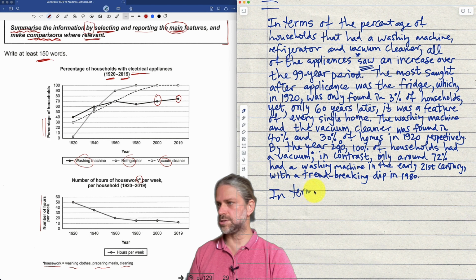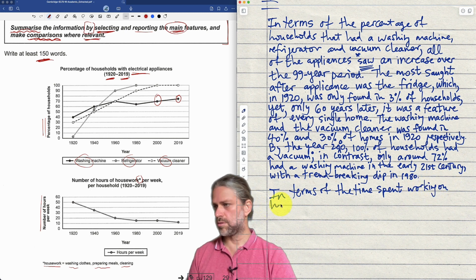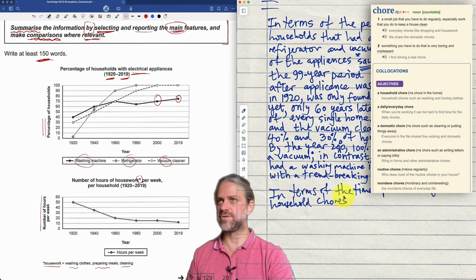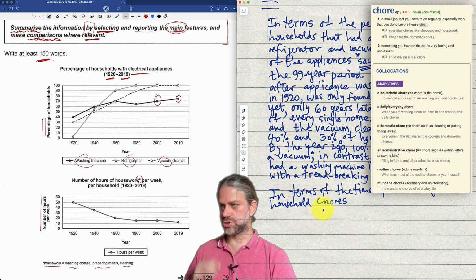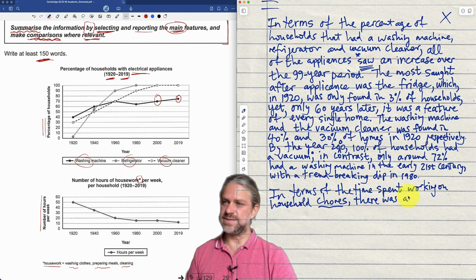In terms of the time spent working on household chores. Now there's a new word for you, so we'll add that up there. Household chores. There was a steep decline